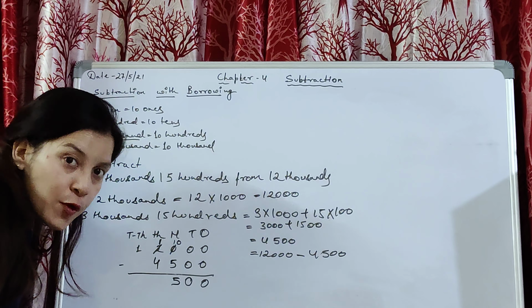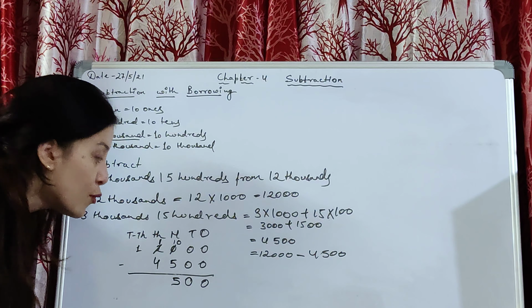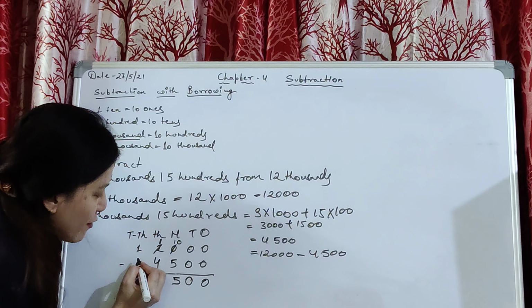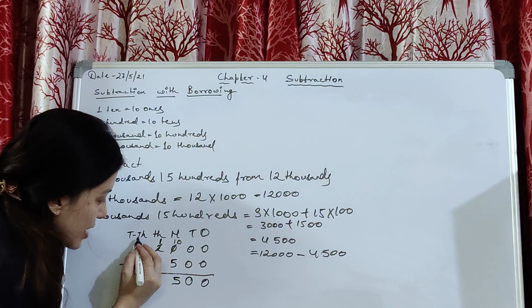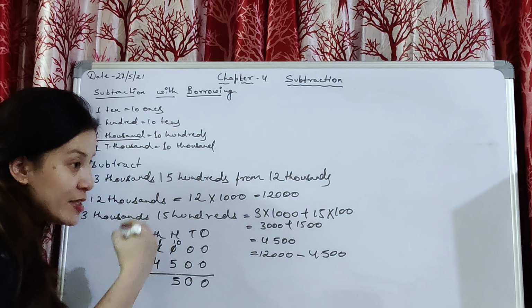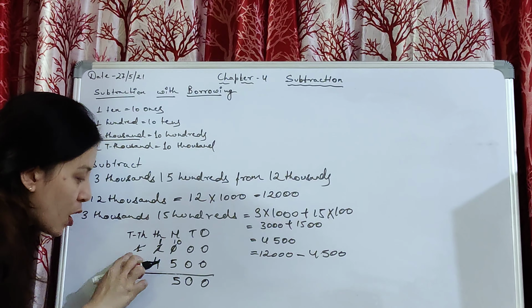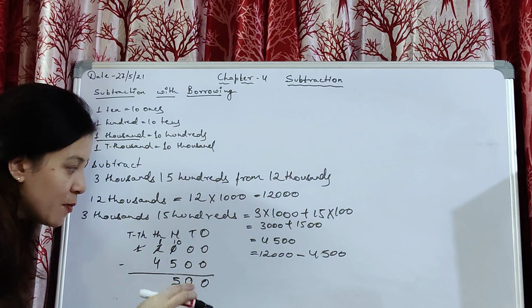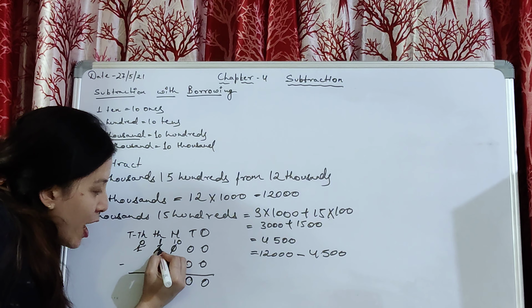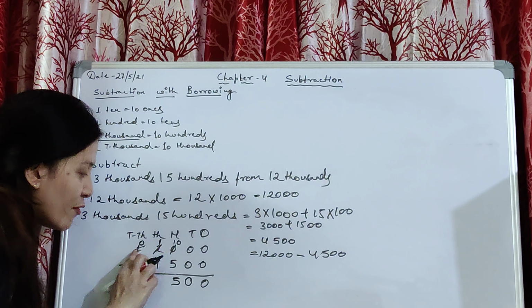1 cannot subtract 4, 1 is a smaller number, so 1 तो 4 को subtract नहीं कर सकता. Okay, again आपको क्या करना पड़ेगा? You have to borrow 1 from this 10,000. Okay, 10,000 से 1 borrow करोगे, you will take 1 from 10,000 place. ठीक है, आप उधार ले रहे हो, so this 1 will change into 0. और यहाँ पे आपने 1 ले लिया, you have taken 1 from here.